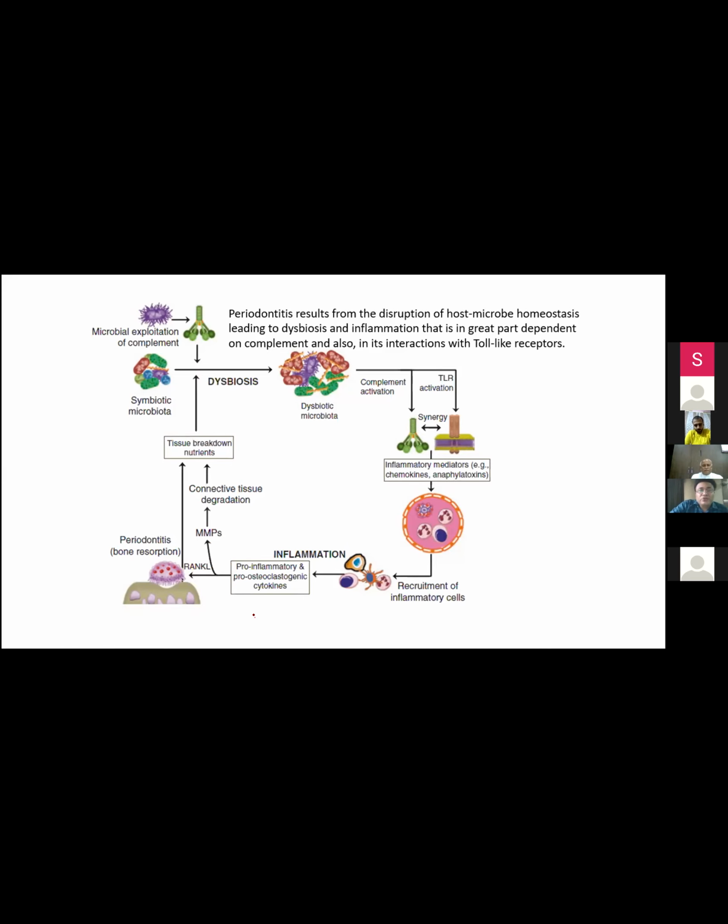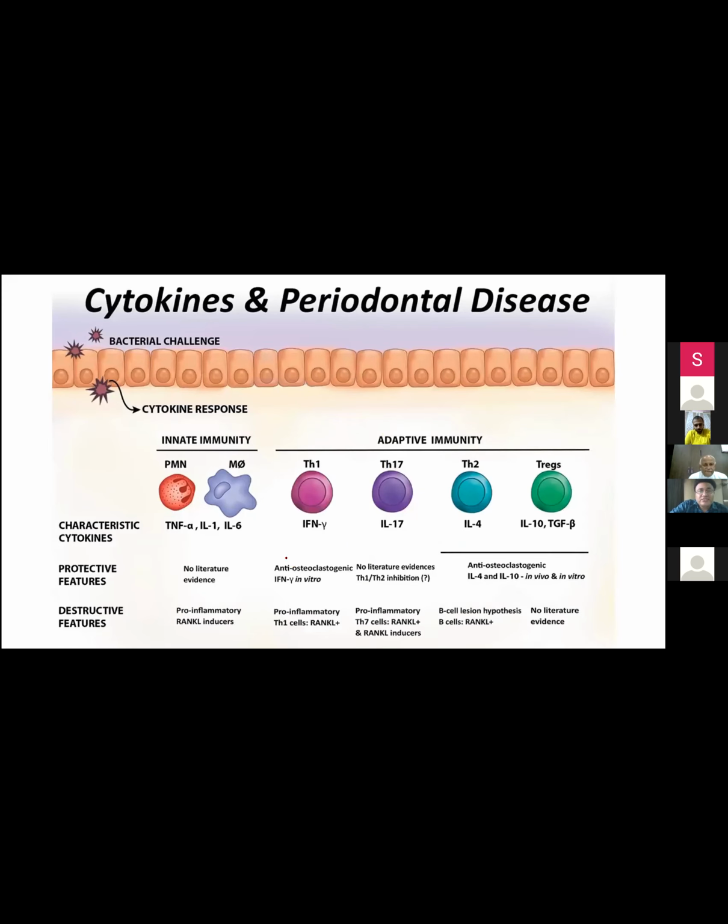So coming to the cytokines, we have to first divide our immune system into two parts. One is innate immunity, second one is adaptive immunity. Innate immunity is non-specific. Adaptive immunity is specific. It has three characteristics actually: specificity, memory, and clonal expansion. It goes on expanding the same kind of cells. This is the first level of classification.